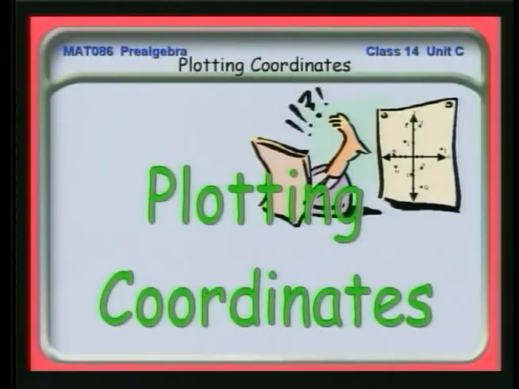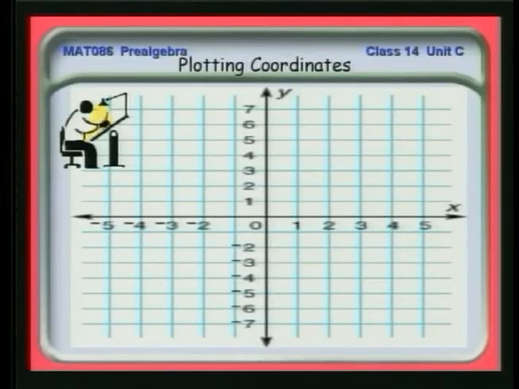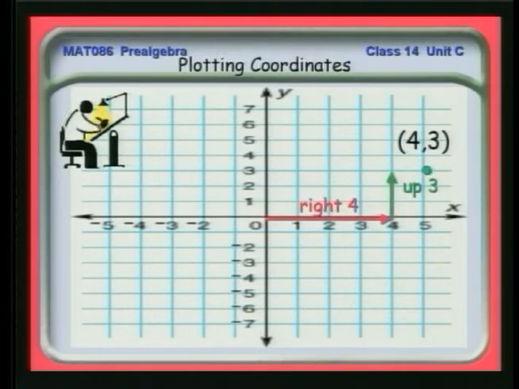Let's look at how we would actually plot some of these coordinates, and we'll practice a little bit. It's not very difficult. You just have to be careful that when you're working with this, you count carefully or you might get messed up. Let's look at some examples. How about 4, 3? How do we plot that? X is equal to 4, so we go 4 to the right. Y is equal to 3. We go 3 up, and then the point goes right there.